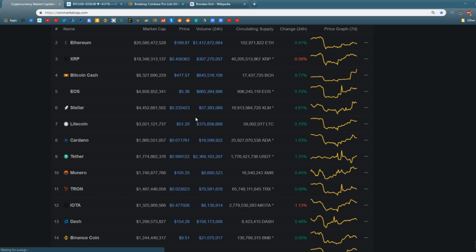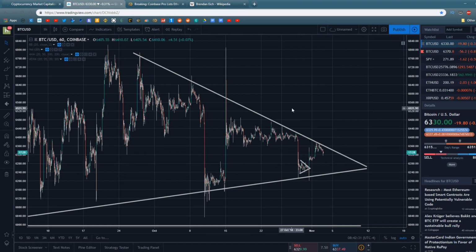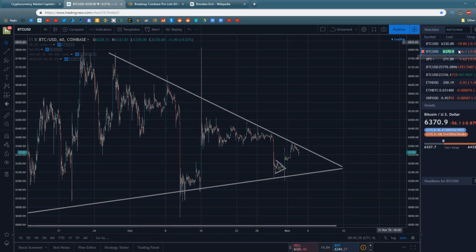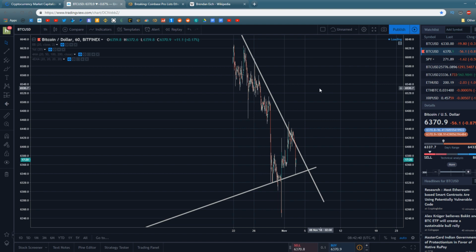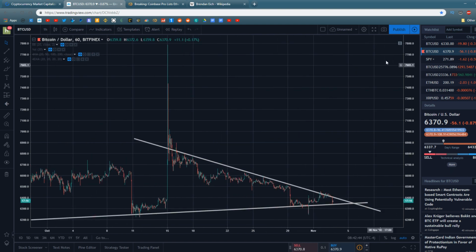But long story short, I am glad to see that Tether is back trading where it's supposed to be. With that in mind, there is still a slight discrepancy between price action on Coinbase and on Bitfinex. You can see this right up here is Coinbase's price action, and this right down here is Bitfinex's price action. If I were to wager why there's still a discrepancy there, it's simply because arbitrage hasn't caught up with the